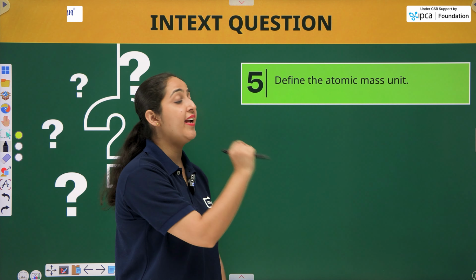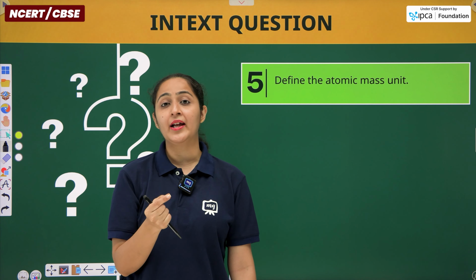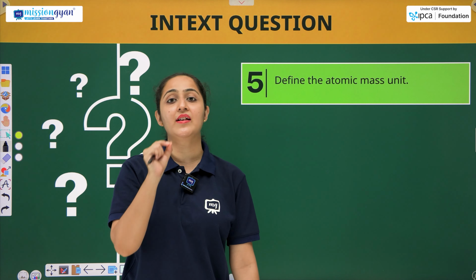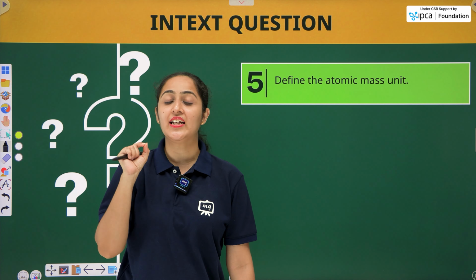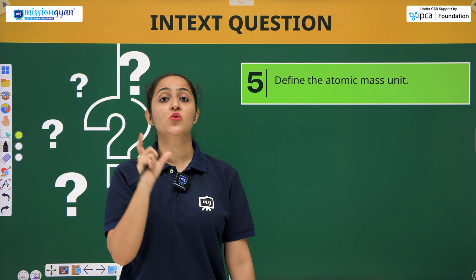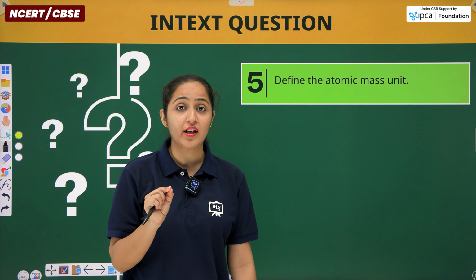You have to define atomic mass unit. Now, atomic mass unit एक ऐसी यूनिट है जिसको एक्सप्रेस क्या करते हैं? वो एक्सप्रेस करती है छोटे मासेस को, मासेस ऑफ वेरी टाइनी पार्टिकल्स लाइक एटम्स एंड मॉलिक्यूल्स. तो जो इस तरह की यूनिट है उसको कैसे डिफाइन किया गया था? एक एटॉमिक मास यूनिट किसके इक्वल होता है स्टूडेंट्स?